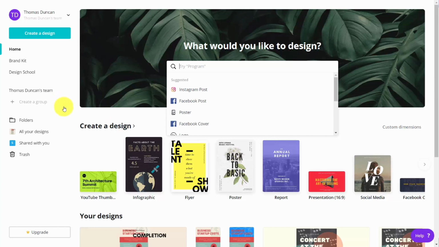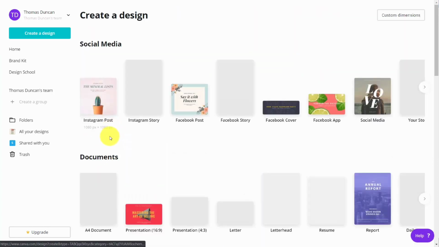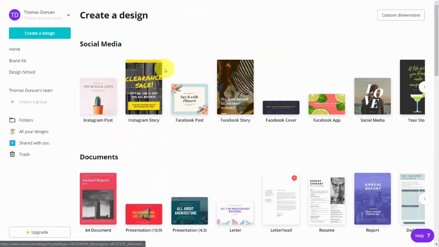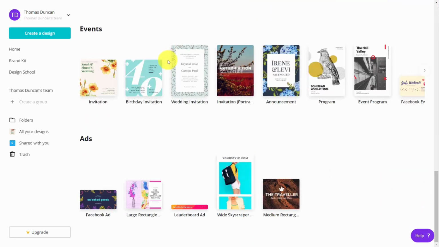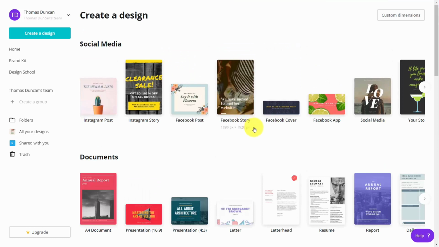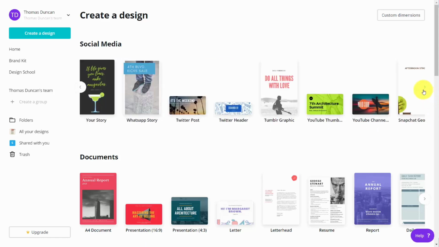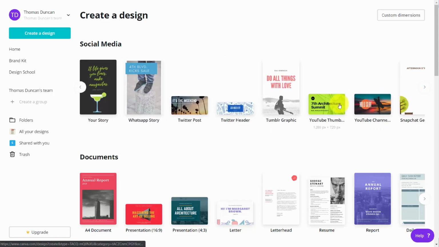Welcome back. Now, the most important aspect of Canva is going to be the template system, which you can use in order not to have to design. And you'll see the range of templates that you have available to you. And it's going to be in this section that says Create a Design. And you'll see the different types broken down into sections: social media, documents, personal, education, marketing, events, and advertisements. Each section has multiple forms. So for example, you'll see everything from an Instagram post in social media all the way over to a YouTube